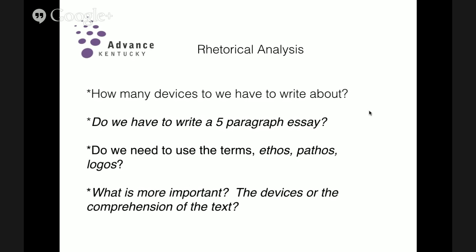It's not required that you address a certain number of devices. Address the ones that you see are important to the passage and to the question. If it's 2, then do those very well. If it's 3 or 4, make sure you don't end up summarizing what the devices are and where they are. Make sure you answer the question. And we'll go back to that in just a little bit.